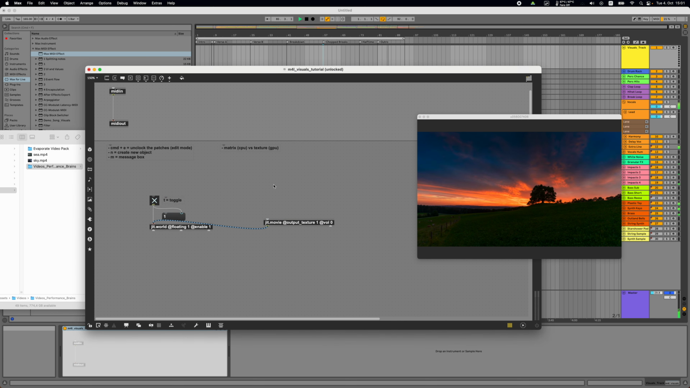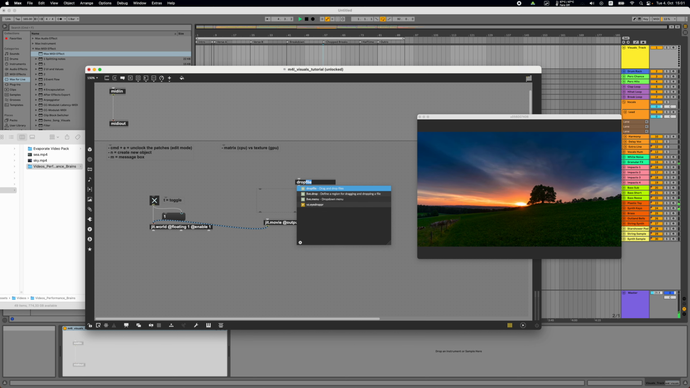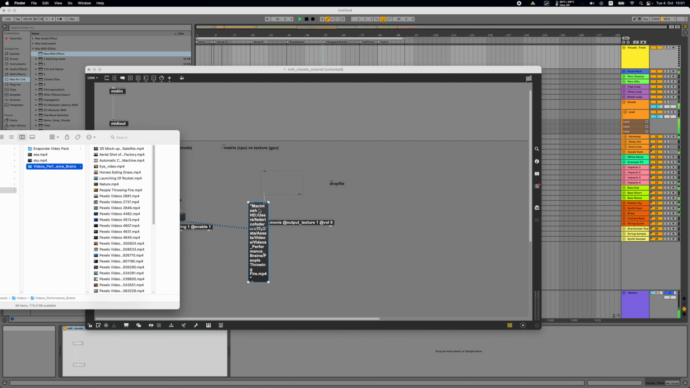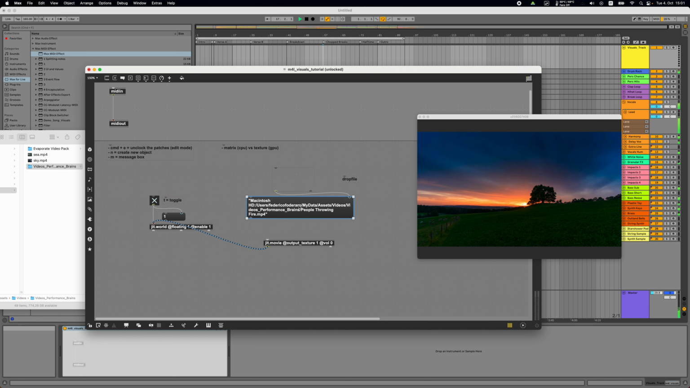Otherwise, we can also use an object called dropfile. So this object, I created like all the other objects, but it's not created by a simple shortcut. I actually need to write its whole name, which is dropfile, right? And what this object will do is give us the path of whatever we drop inside it. So if I just drop a movie inside it, it will give me the full path of this file inside my computer. And that's cool, because then I can just say,